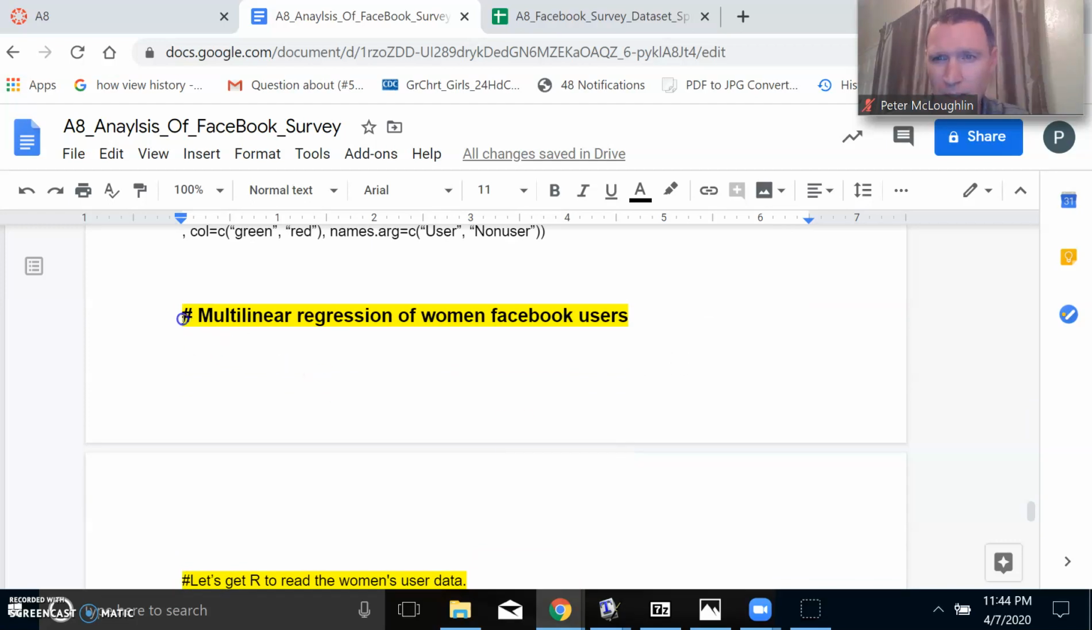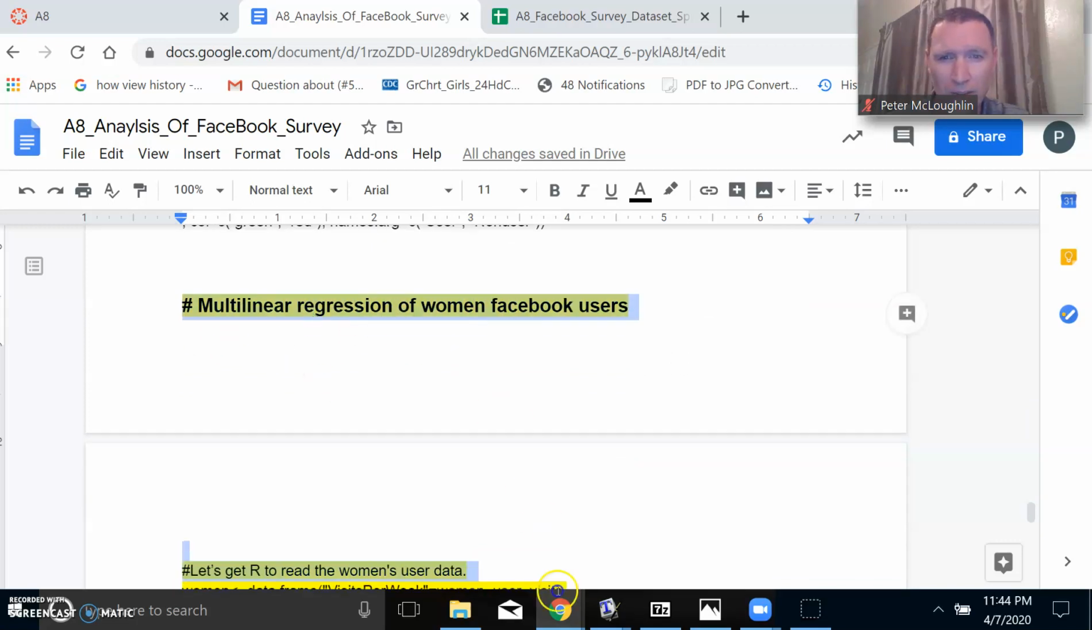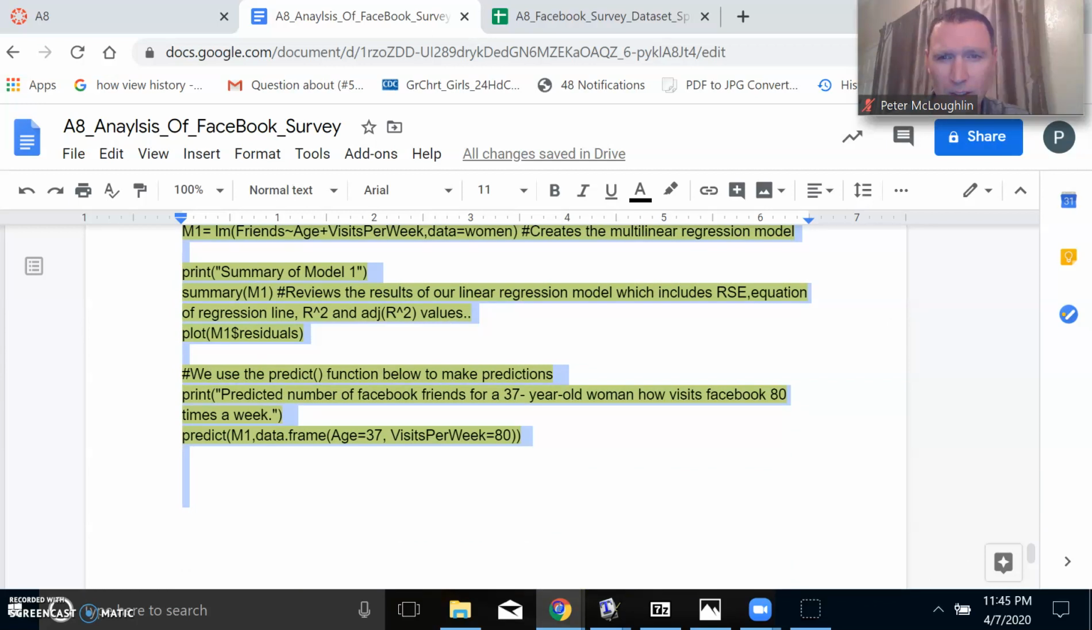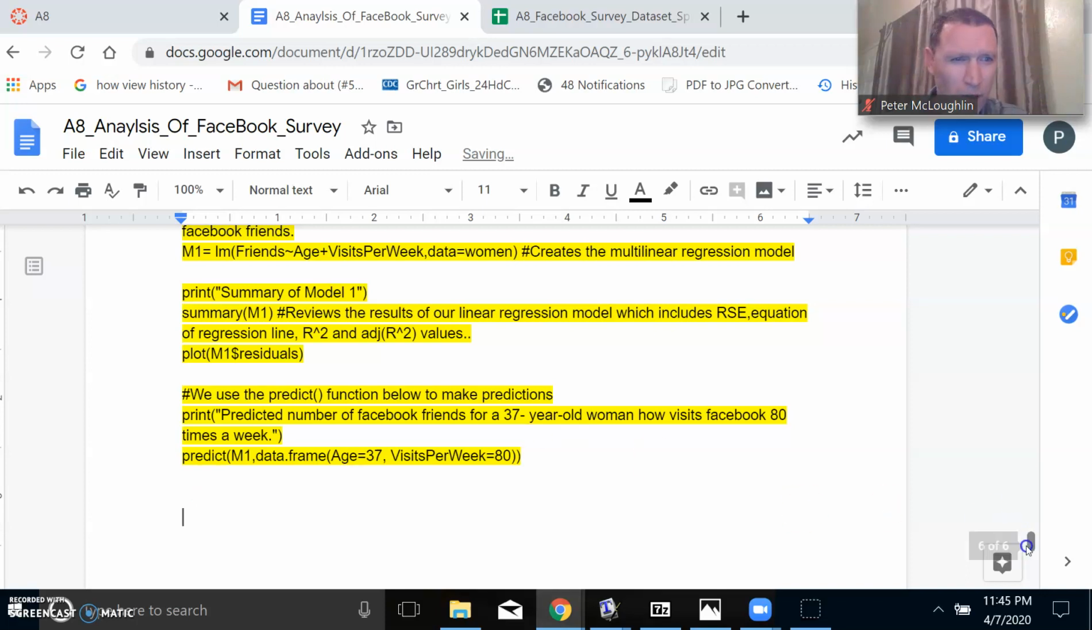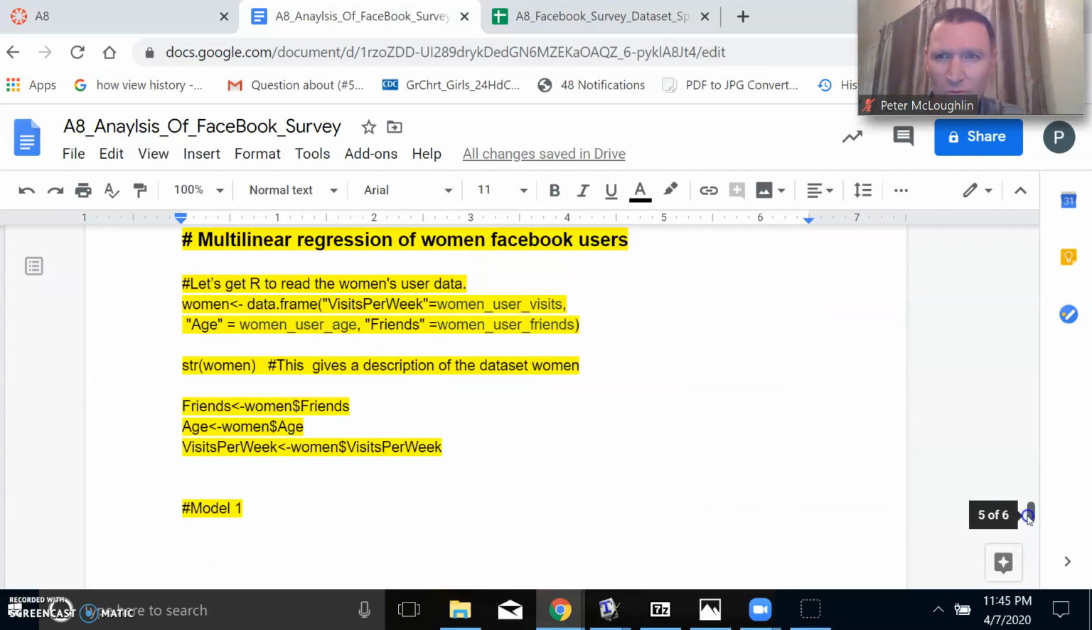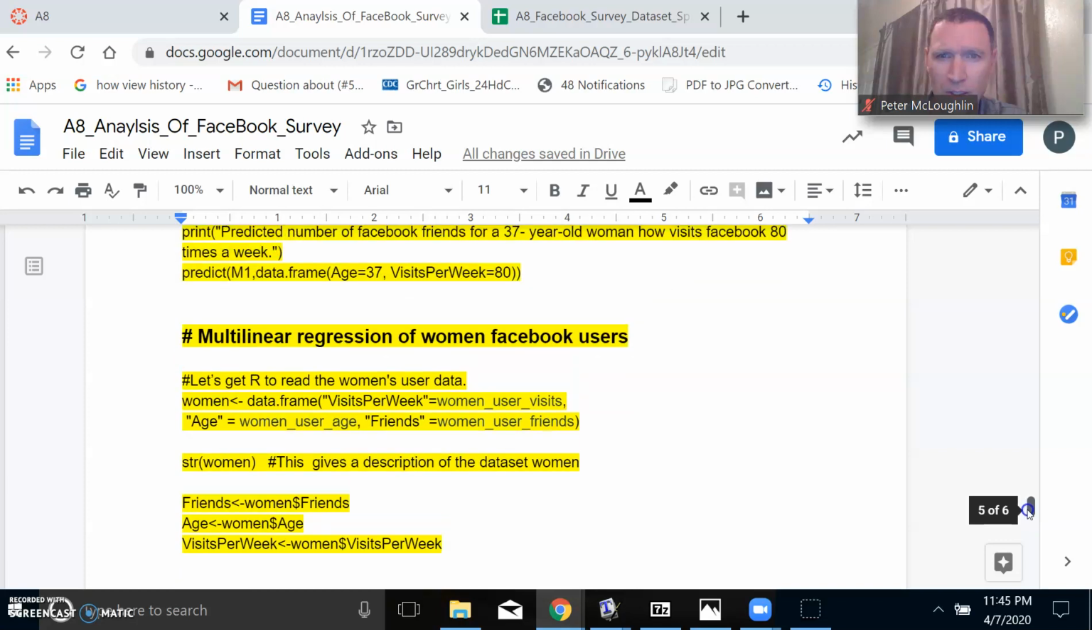So where it starts here, just take all this highlighted stuff and copy it and paste it. So here's the pasted guy. So it starts here. So now I got a multilinear regression model of, now it's going to change it to